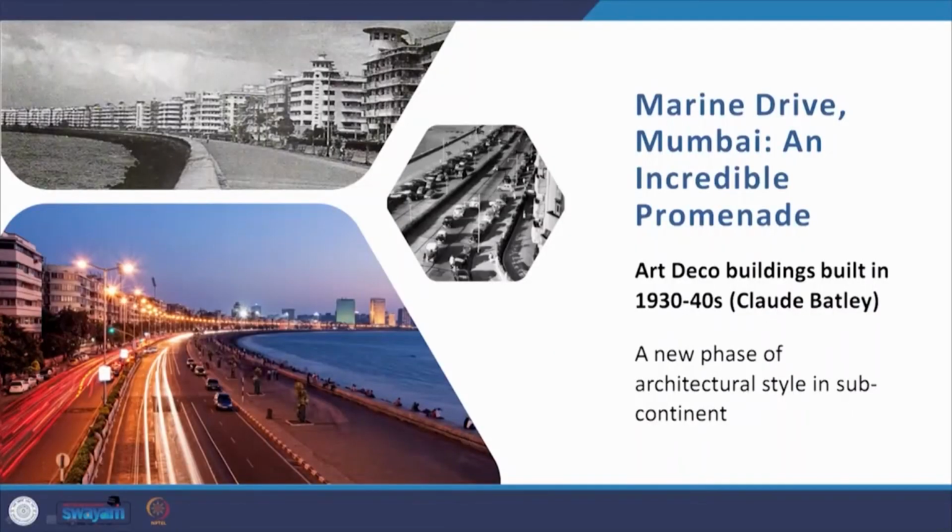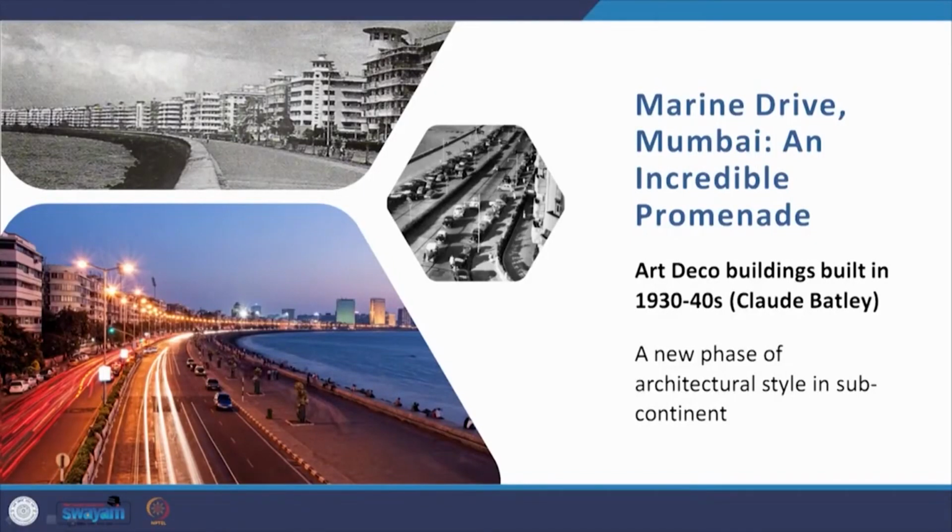Now, moving on to one city that played a very key role in the development of modern Indian architecture, that is Mumbai. At the time of independence, there were around 300 architects in India, and most of them were concentrated in Mumbai. Now, one of the most iconic developments that took place during that time was that of Marine Drive, which was an incredible promenade, and Art Deco buildings began to be built there from the 1930s to 40s,